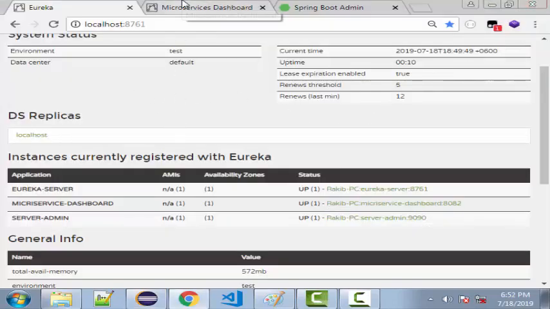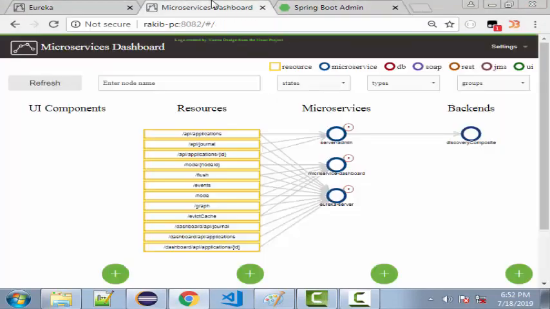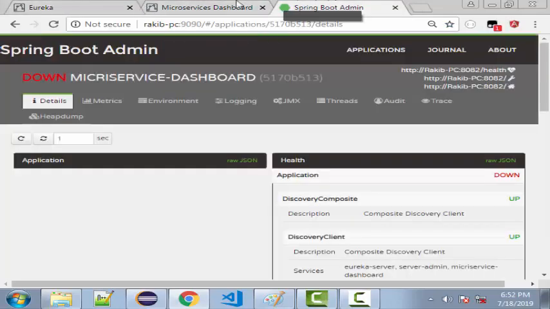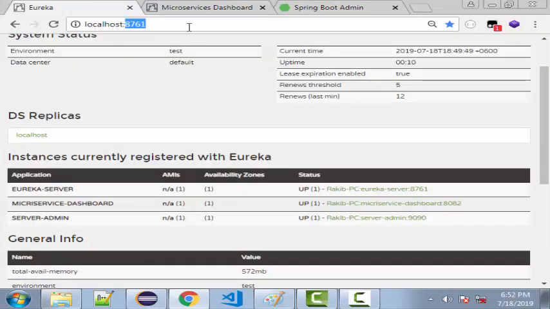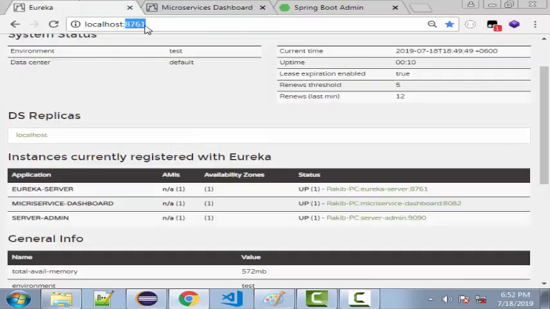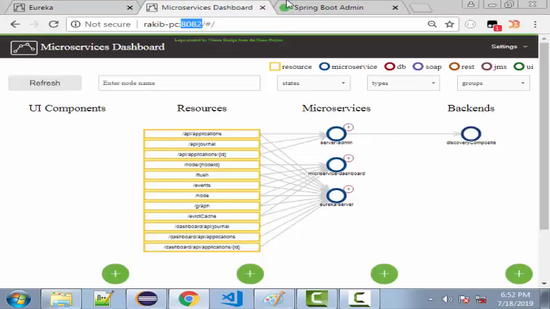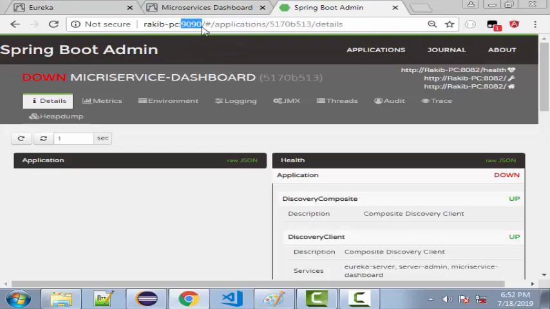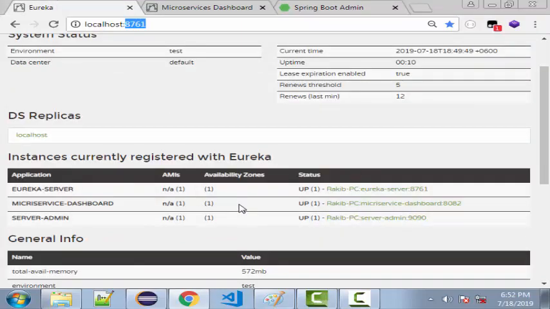Just focus here. These three microservices are running on different ports. Here is 8761, here is 8082, here is 9090. So now as a front-end developer, he or she needs to know